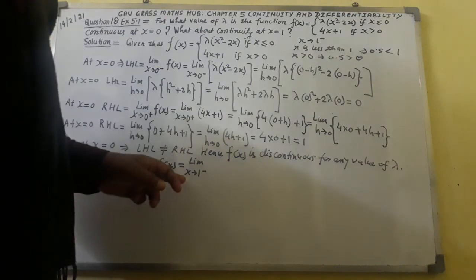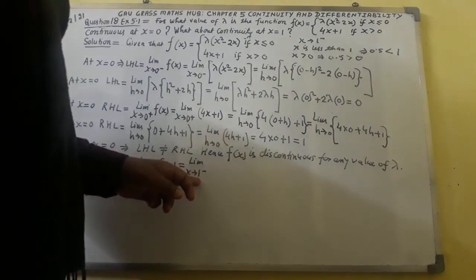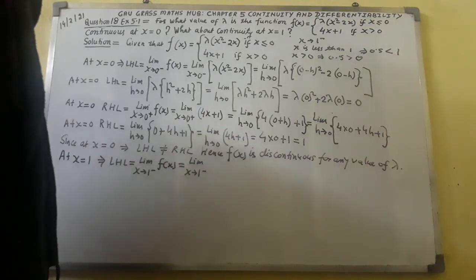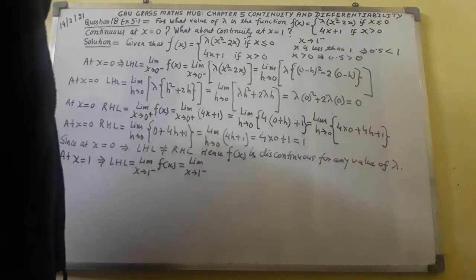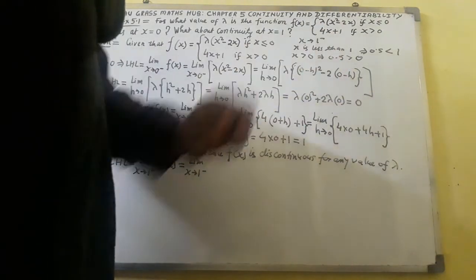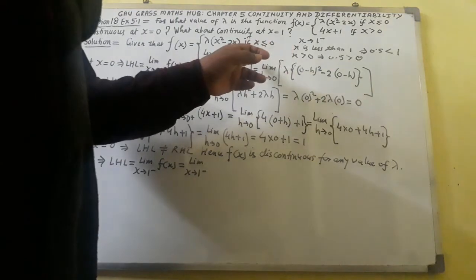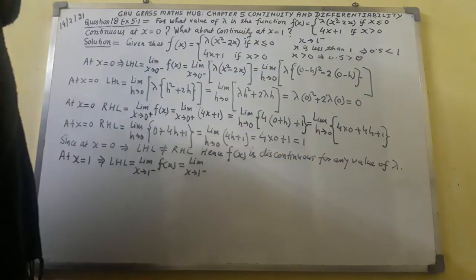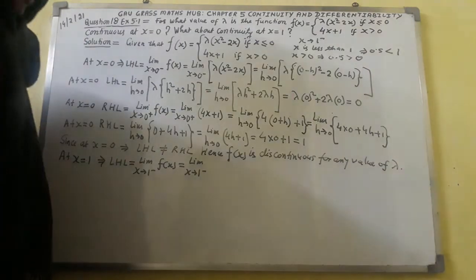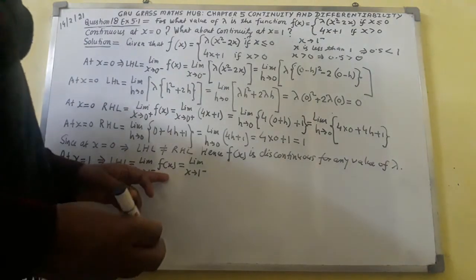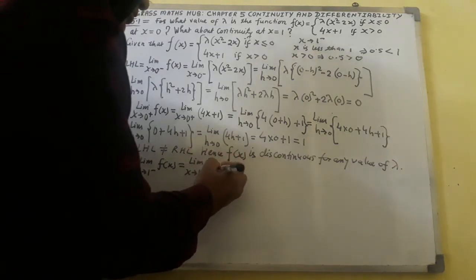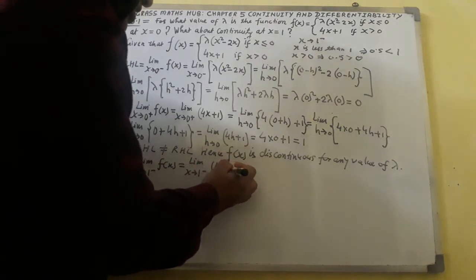But here it said the value of x must be less than 1, so 0.5 comes out. I take this function. So here, in place of f of x, I shall write 4x plus 1